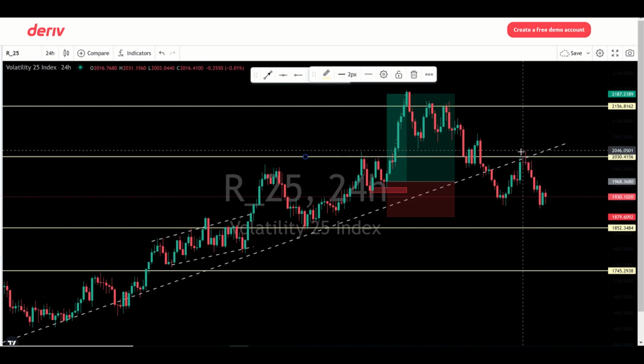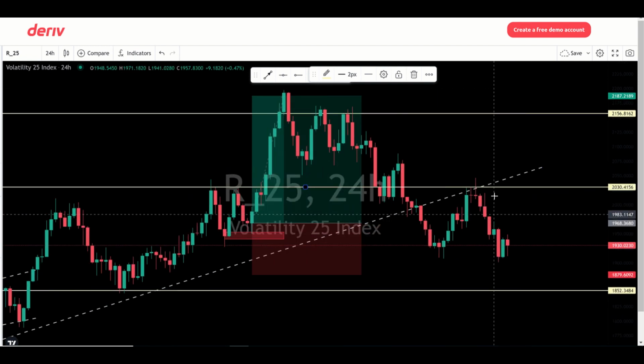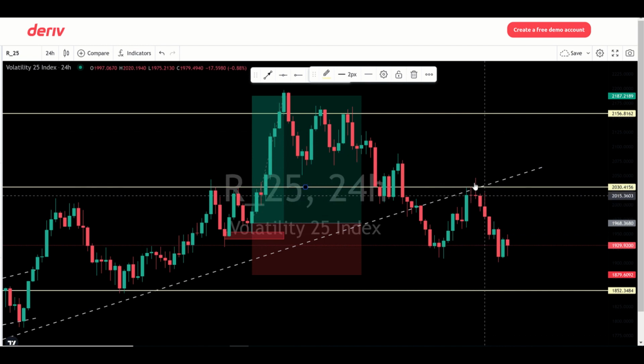Then what happened? This was a pure clean breakout, and then a retest from this place. Once you saw this shooting star, or what they call it, you see this rejection here. This was an indecision because the buyers couldn't push the market up, and the sellers couldn't push the market down. Then we have this good rejection where